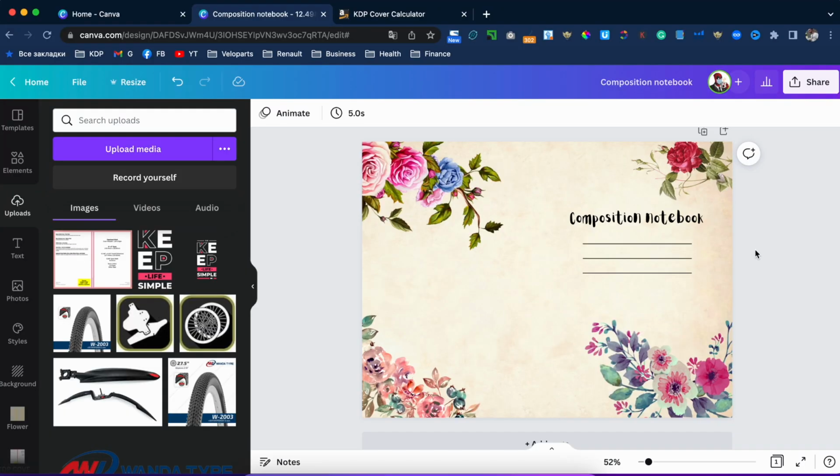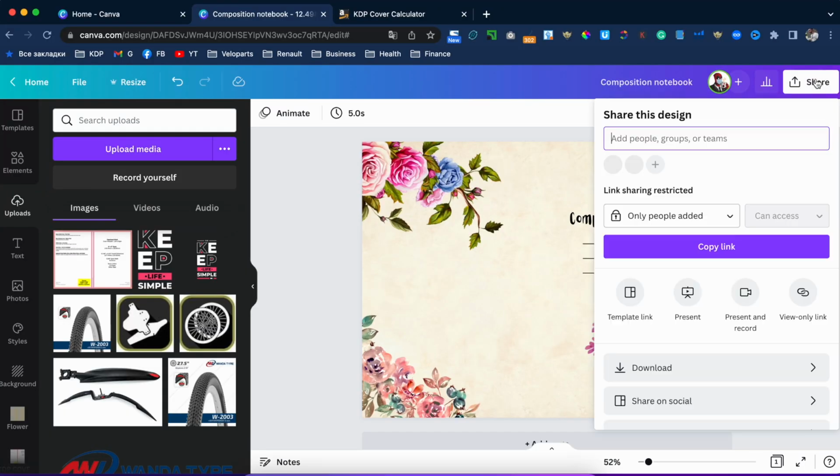So you need to understand that you don't know what kind of design will be loved by your customer, but you can go to Amazon, search for composition notebook and understand what kind of designs are selling well. So stick to these kinds of designs, but don't copy them. You must be unique, so you can only be inspired by best sellers, and then you will create your own unique design. So our cover is ready, so let's download it.